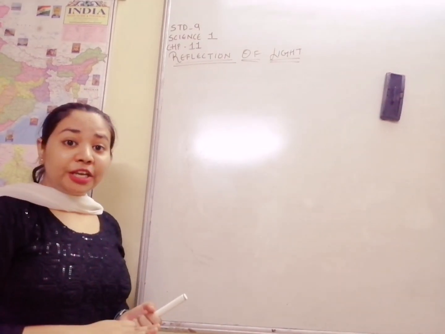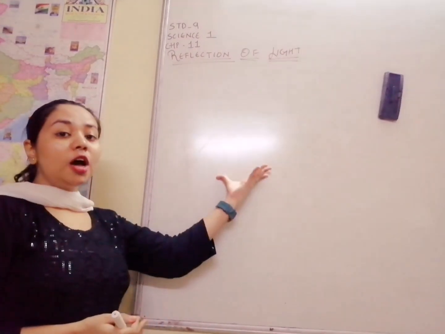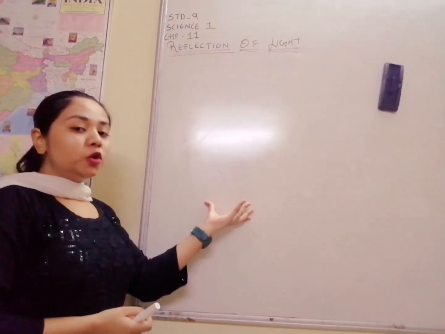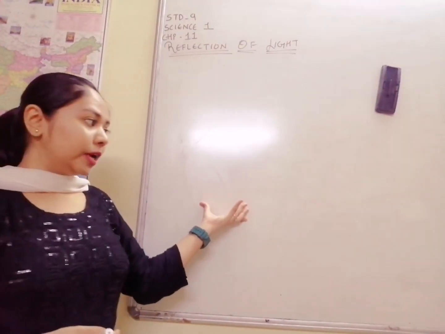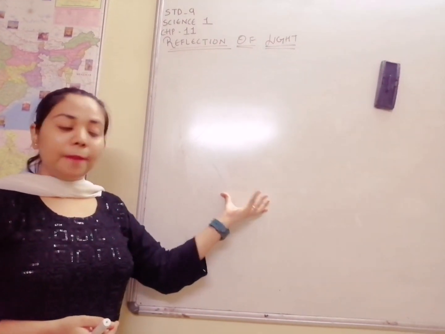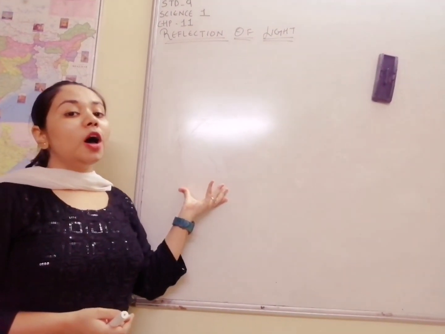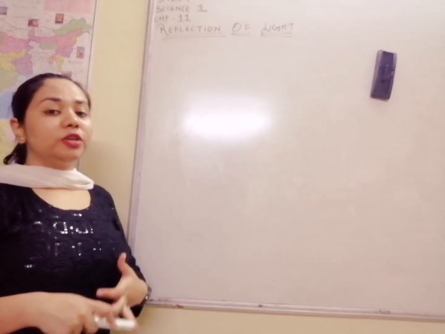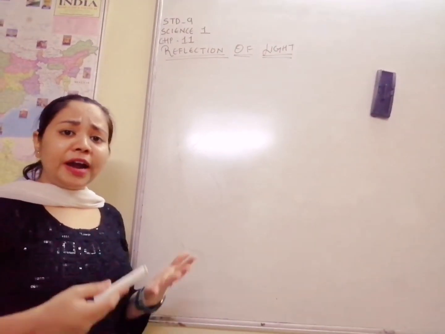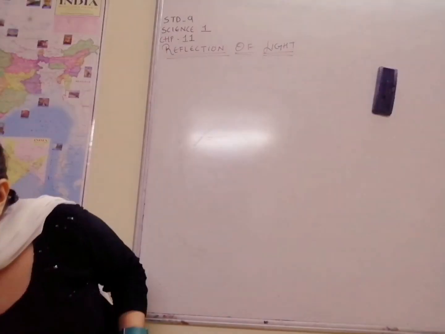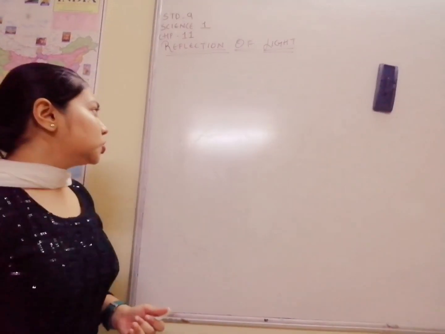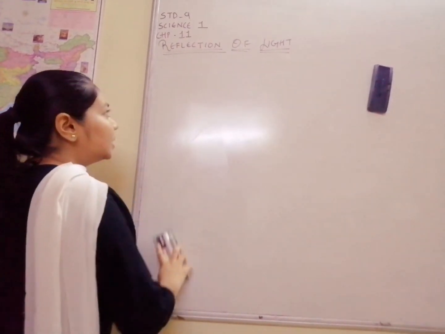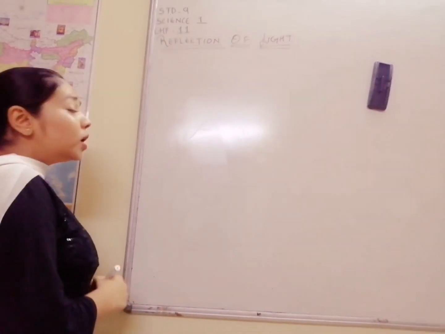And using those 3 rules, we have learned how to draw the ray diagram. When the position of the object is given, then you can easily, by using rules of drawing ray diagram, find the position of the image. Also you can find the nature of the image, whether it is real, virtual, and magnified or diminished. Okay. So let us now begin with another topic, that is what is a concave mirror?